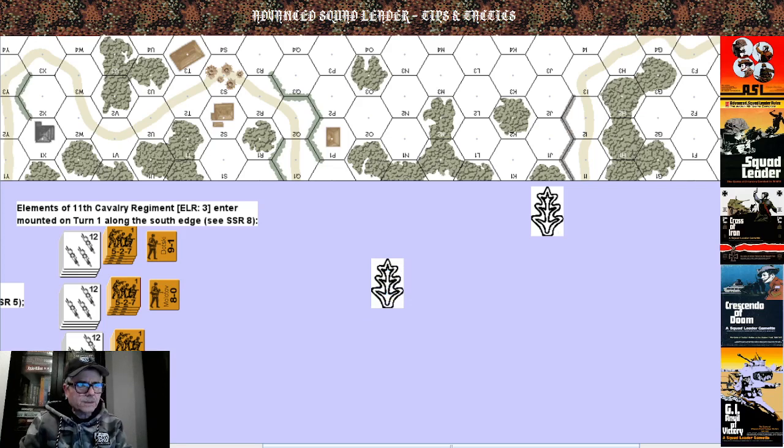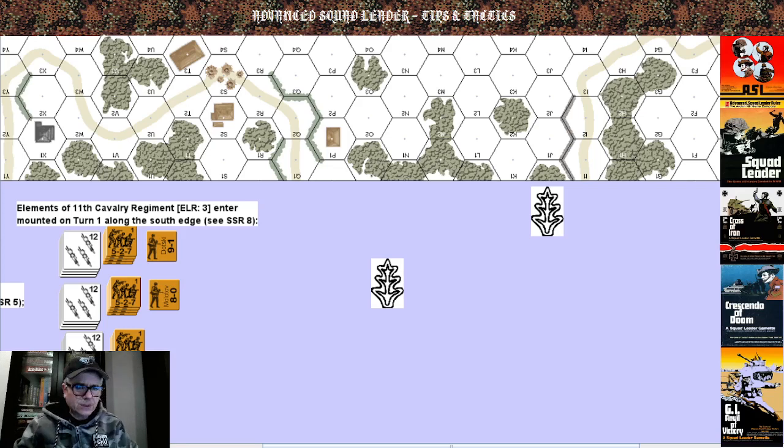And the OB for the Germans is pretty straightforward. Maybe I'll give you a couple of thoughts on what's going on with this scenario. It's really interesting. I'd like to play it again using the ASL rules as opposed to the COI rules,